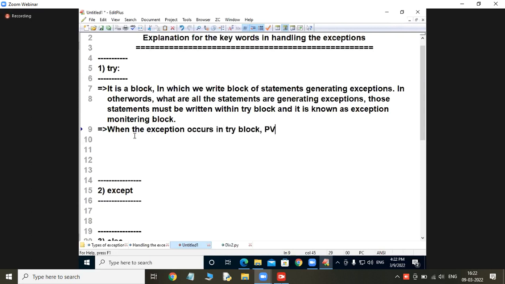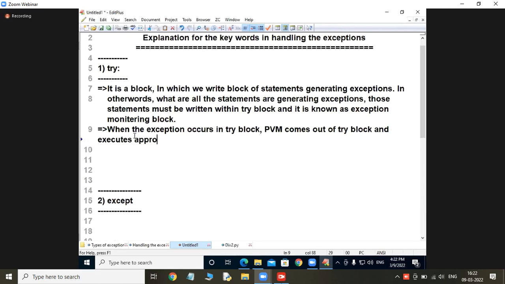PVM comes out of the try block and executes the appropriate except block, and generates which message? A user friendly error message.